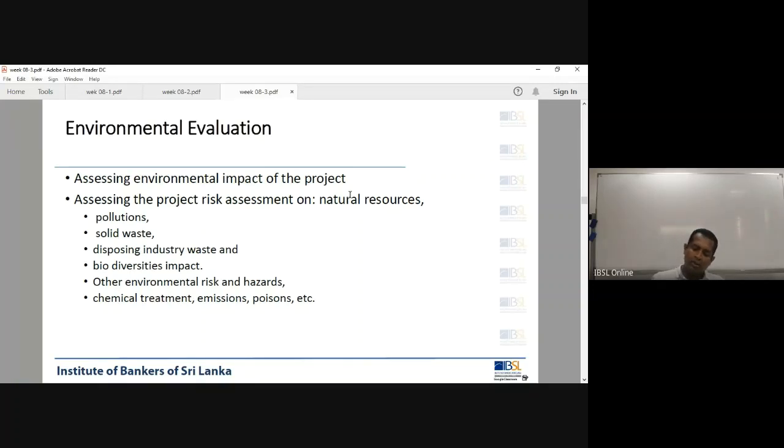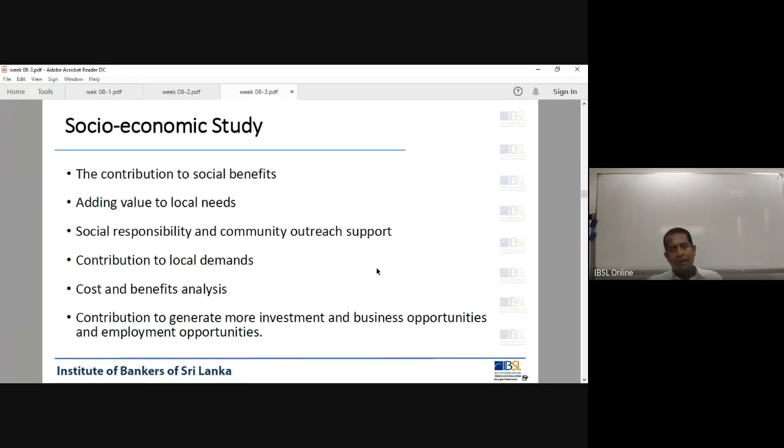So you should look at the waste. How is the solid waste? What is the solid waste generation now, and how is it disposed? What is the wastewater and disposal? Whether there are any dust, noise pollution, radiation, those things, and what mitigations you take to protect the environment, right? That is the environmental part.